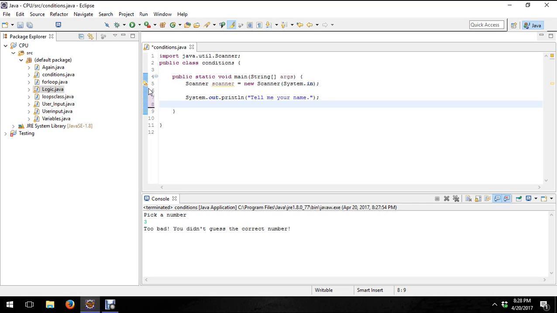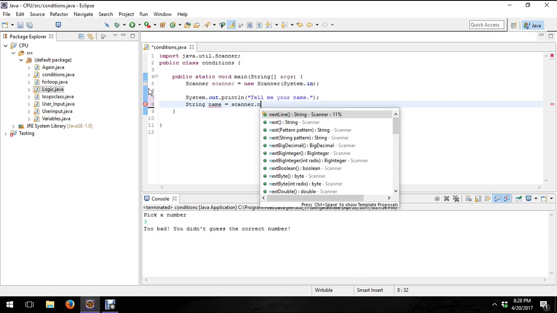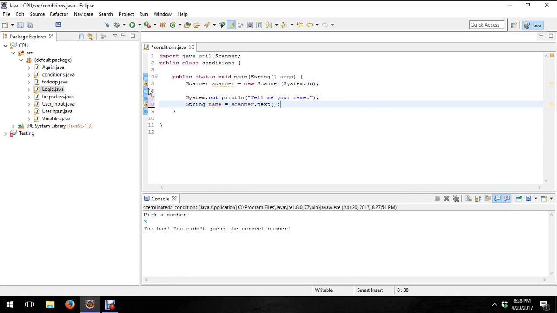And now we'll be looking for a string because we'll be looking for text. So string name equals scanner dot next. We have that in, and now